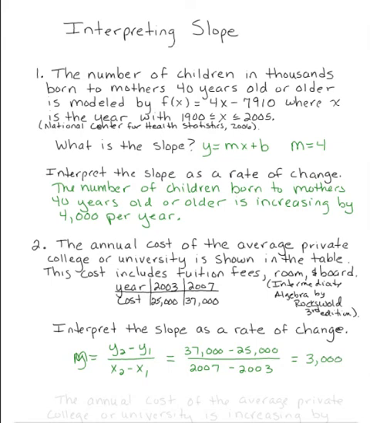Now, all we did was calculate the slope. We haven't interpreted yet. Now we need to do that. So again, go back to what is this table showing us? It's showing us the annual cost of the average private college. So let's write that down. The annual cost of the average private college or university